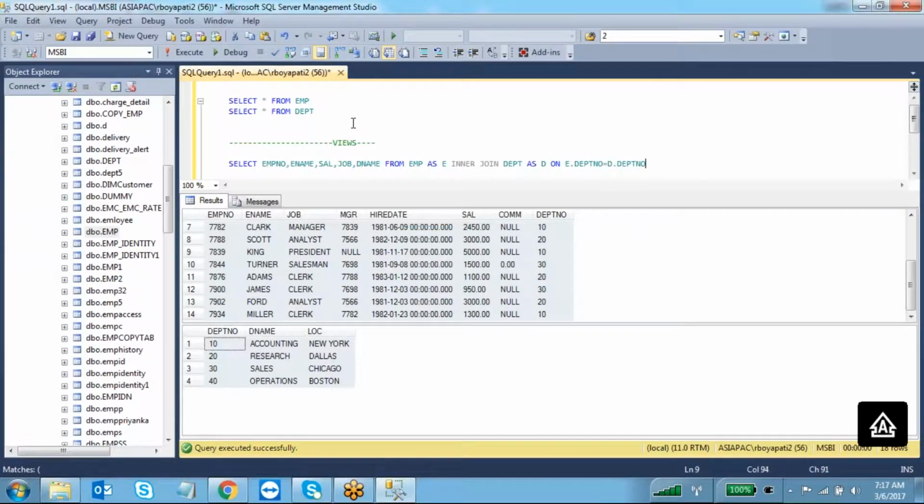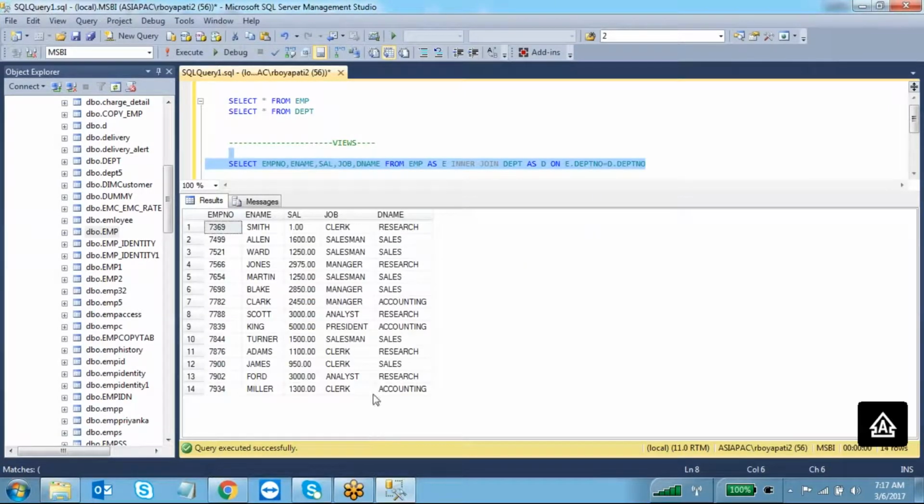The relation between these two tables is this one. See, you are getting the department, employee number, employee name, salary, job, department.